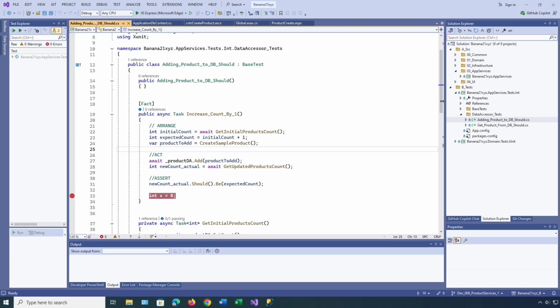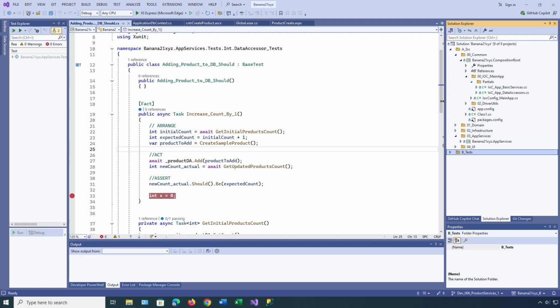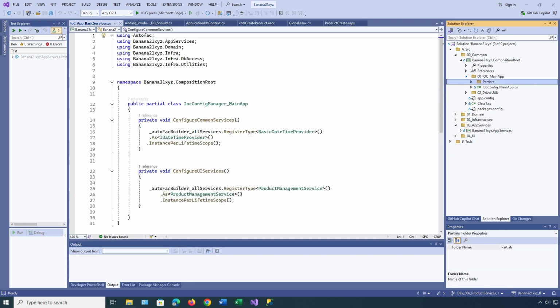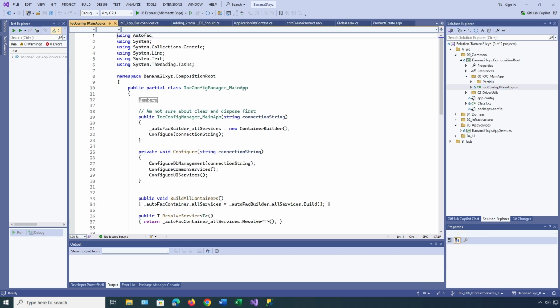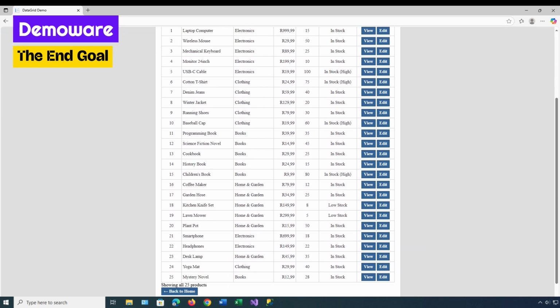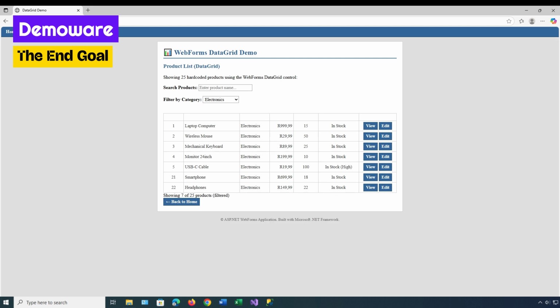Also, there's a composition root project, which pretty much wires up all the objects and their dependencies. So all the instantiation is done in this one project. And I'm reusing this project on the actual web and also in the tests. And if we were to look at this application that's using the .NET Framework, just running it in a browser,